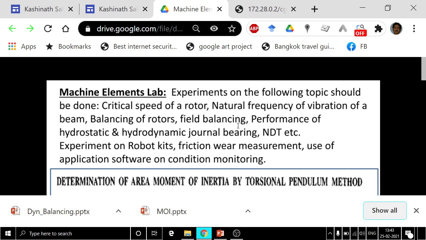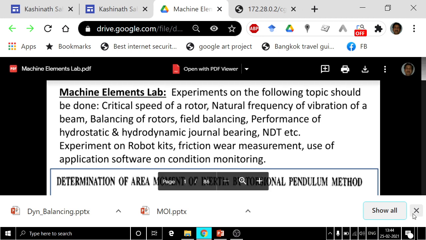Now here are the names of the experiments which I will be explaining. This is the theoretical part only. The actual experiment you should carry out in the laboratory, but right now, if it is not possible for you due to this pandemic situation, then what you will get is some video files of those experiments, which our lab technicians will carry out.